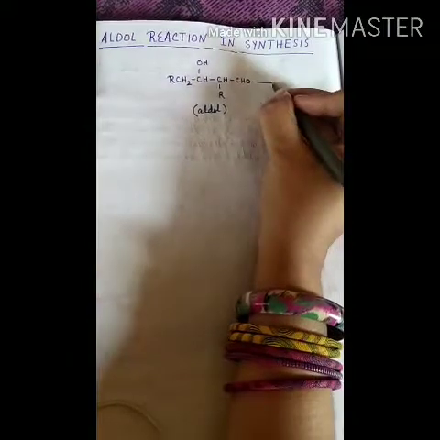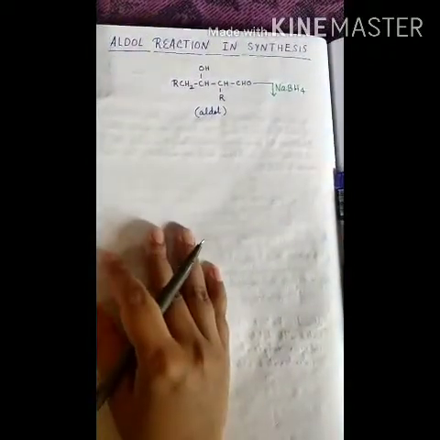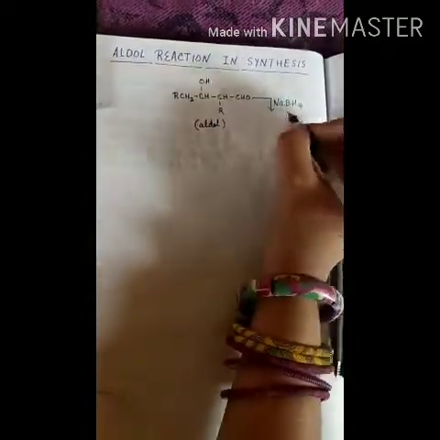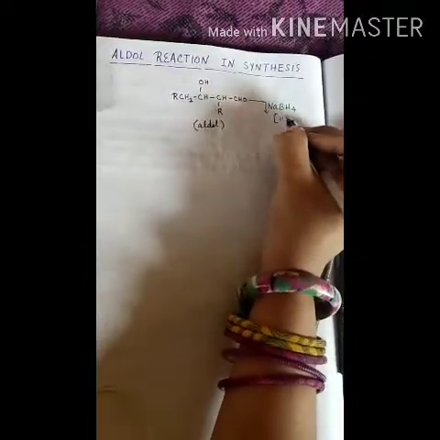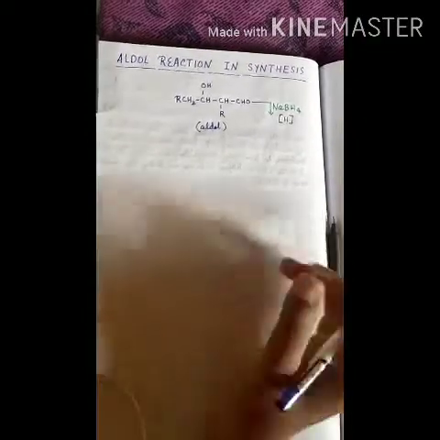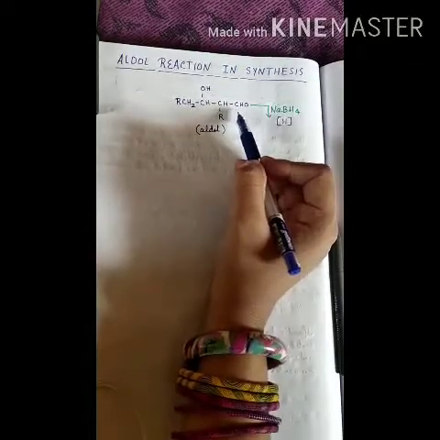Suppose the first one, I am treating this aldol with a reducing agent NaBH4, that is sodium borohydride. Sodium borohydride is a reducing agent. So what will happen if we treat this aldol with sodium borohydride? It is generally producing nascent hydrogen which helps in the reduction reaction. And so here we can see the aldehyde CHO is there. Now why do we use NaBH4? Because it's a very weak reducing agent and it will affect only the reduction of this aldehyde group, and this aldehyde group will be reduced to an alcohol.